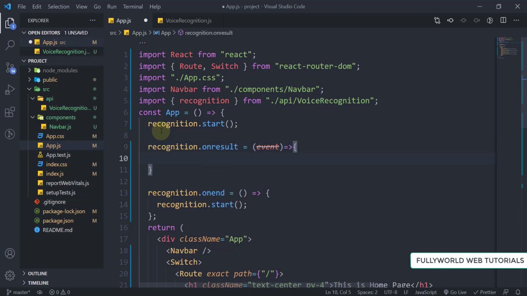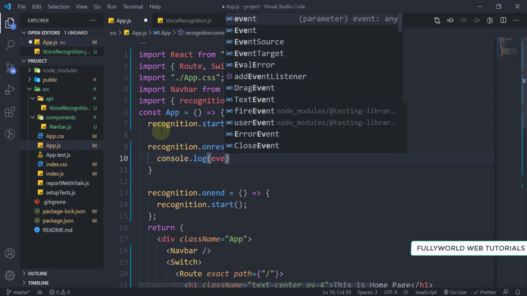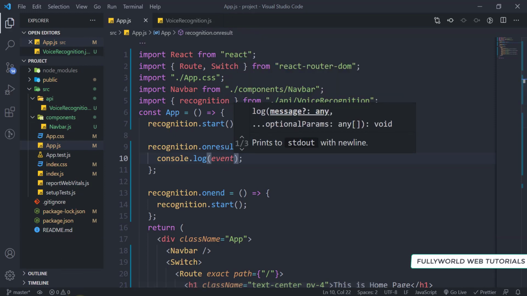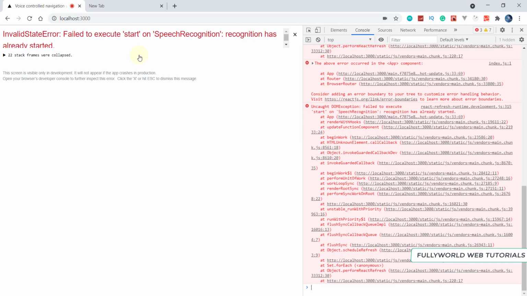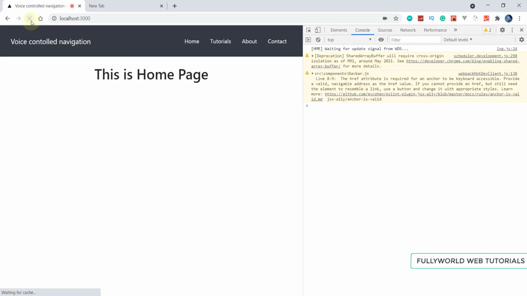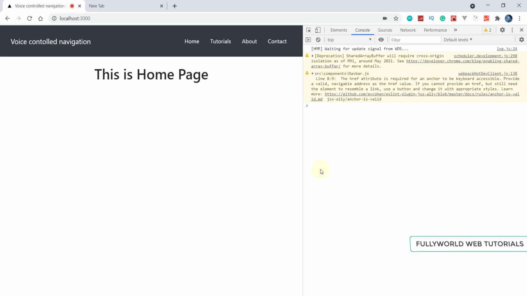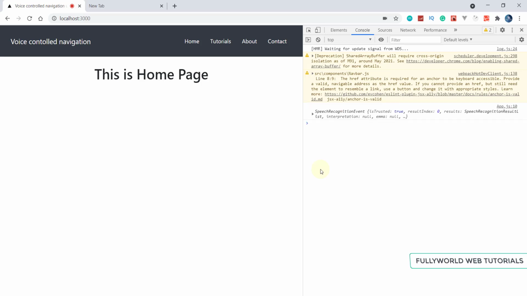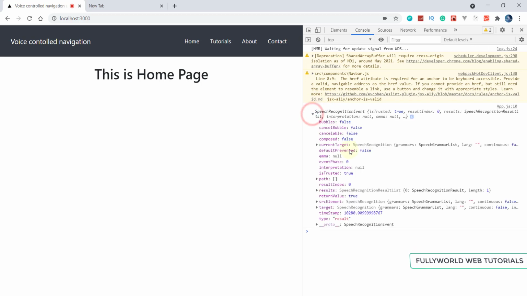First of all, let's console.log this event here. What will we get in this event? See that when I spoke something here, we are getting one object.